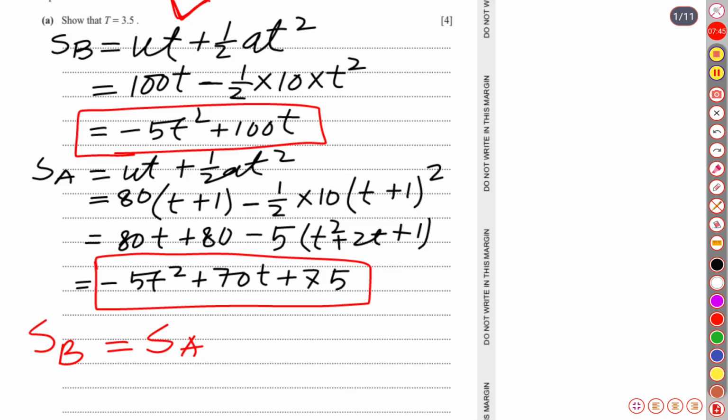Okay, let me write this, erasing this. For your better understanding, for better memory, let me write this. During collision,